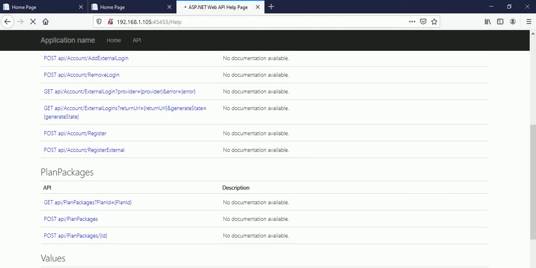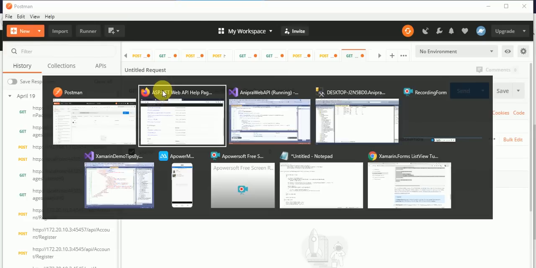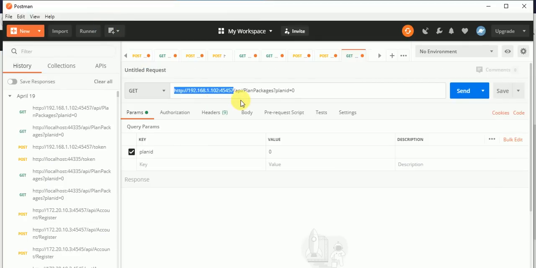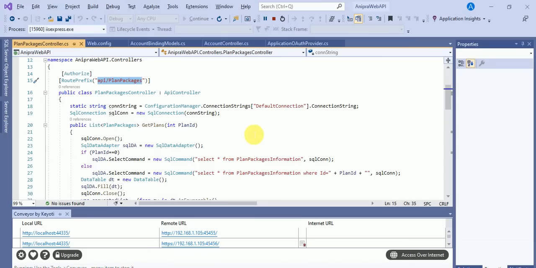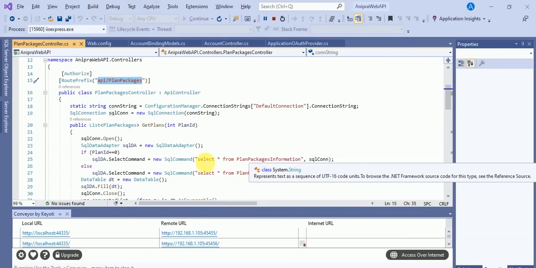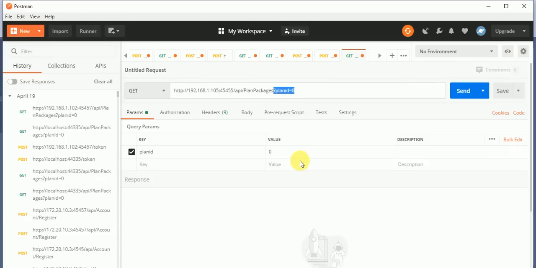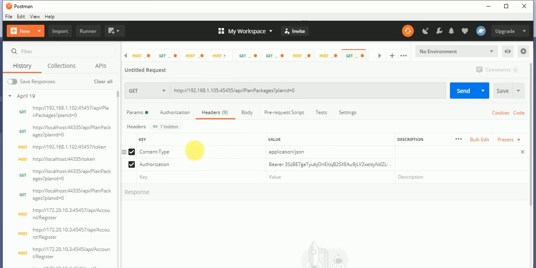So this is my Postman, and this is my URL. I have to change the URL because the running URL is different. I will paste it over here, then slash API slash plan and packages, and in the query string I'm passing plan ID equals 0, because if I pass plan ID equals 0, I will get all the information from the table. Cool. In the authorization I'm not passing anything, and in the header I'm passing content type equals application/json, and in the